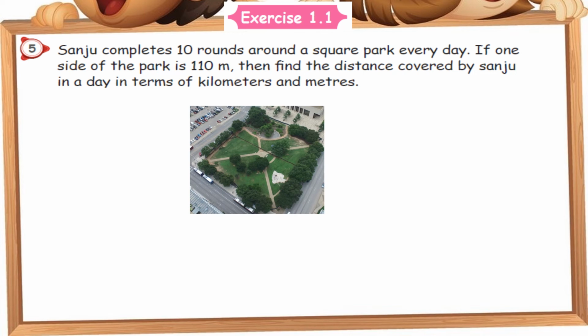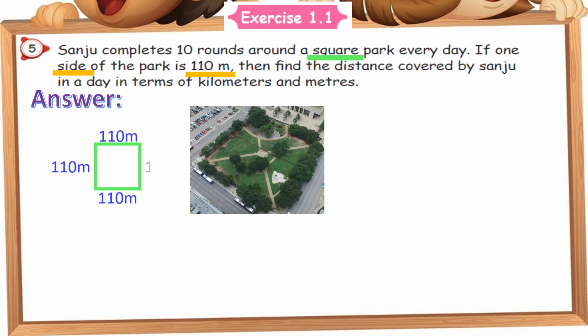Okay, so they have given us a square only, isn't it? So with the side of 110 meter. Clear? That's what is given. Let us start to do our work. Answer: draw one rough figure of a square with measurements 110 meter on all sides. Fine. So which was given, side equal to 110 meter.